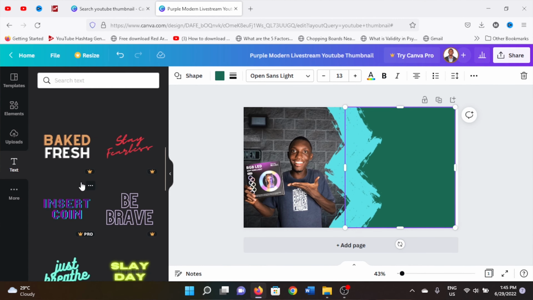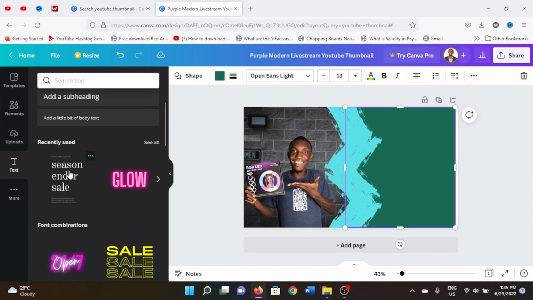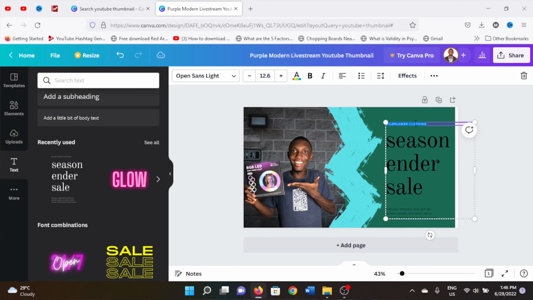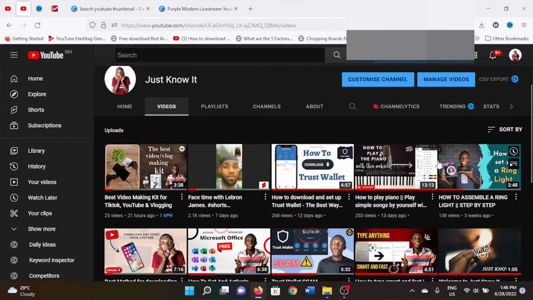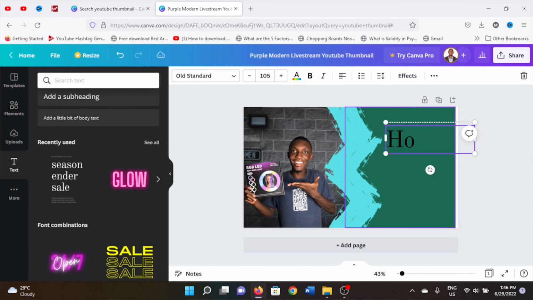Let's choose any text font, something that would be nicer. All right, I'll go with this one. And so I'll delete the ones at the top here and leave this one. And then what text did I put there? How to set up a ring light. All right, so I have this, and I'm going to say how